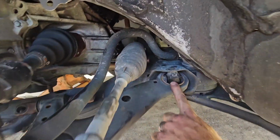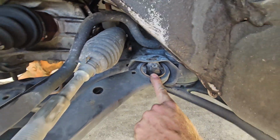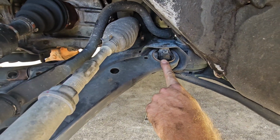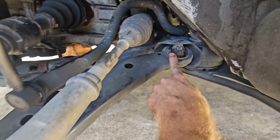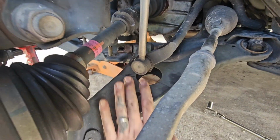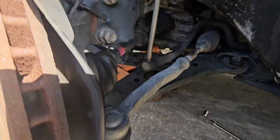All right, you can see that my bushing is shot. I found this out when I was tightening lug nuts from balancing tires the other day and the whole control arm was moving. Looked under there. This whole control arm bushing is gone. It's cracked through. So the issues that come into play with this